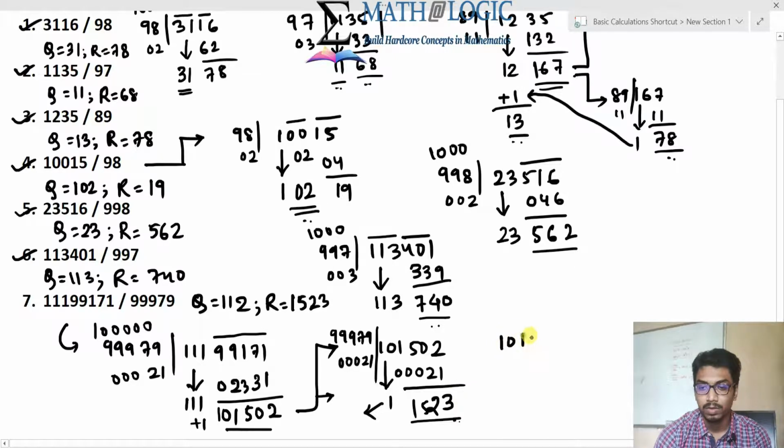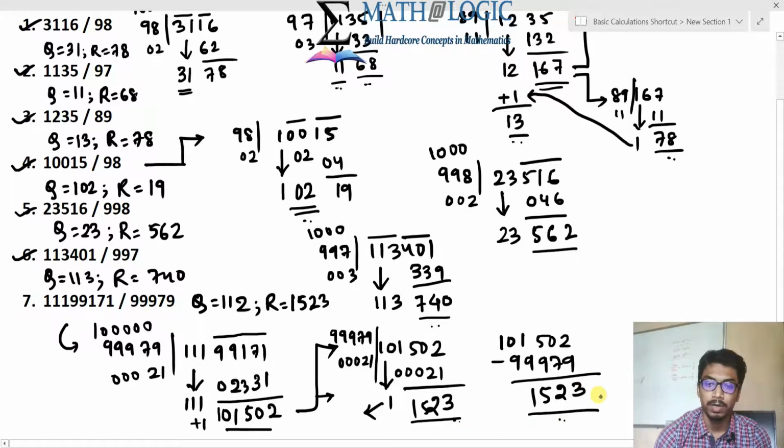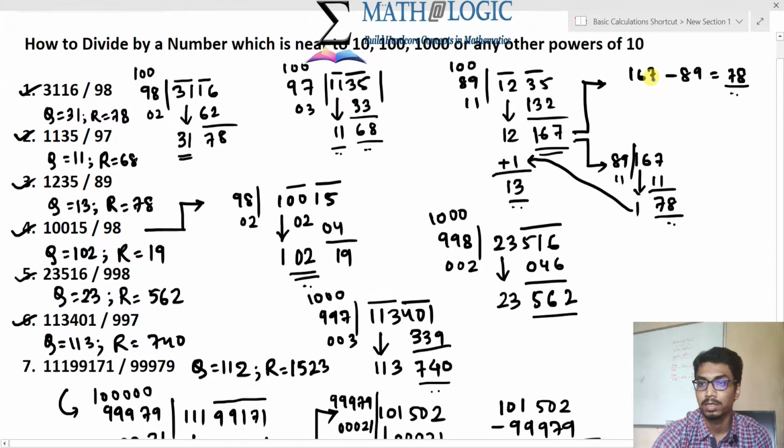If we have subtracted, then also we have gotten the same result. See, 101502 was the remainder. If we subtract it by 99979, see what we are getting. It is 3, it is 8, so 2, it is 9, 10, 5, it is 9 also becoming 10, so it is 1. See, the same remainder is coming. Clear? Okay. In the previous sum also, that previous sum means question number 3, the remainder was 167, so you could have done like this also. And you have already done like this. See, in this case we have done the division, and in the previous part we have done subtraction.